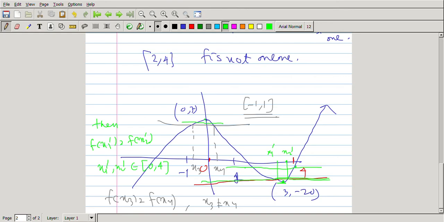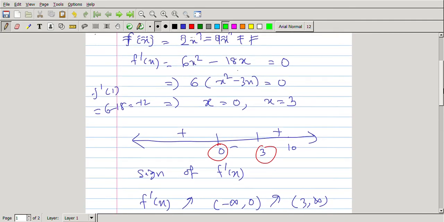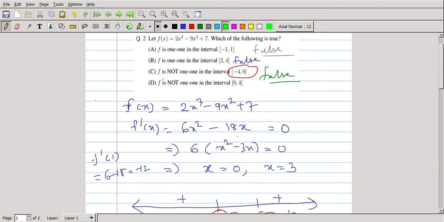In this way we see that x1 prime and x2 prime have the same image but are not equal, so that shows that from 0 to 4 it is not 1-1, right? That means this option is correct, right? So option D is